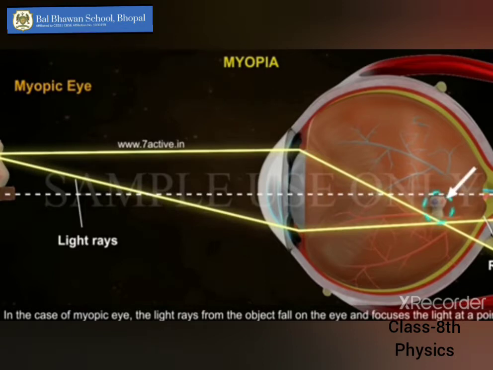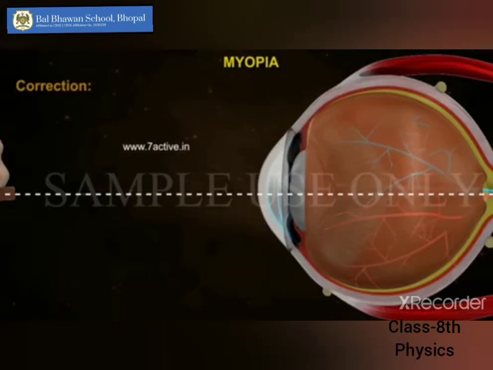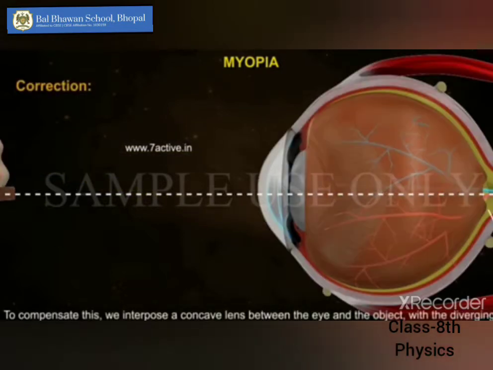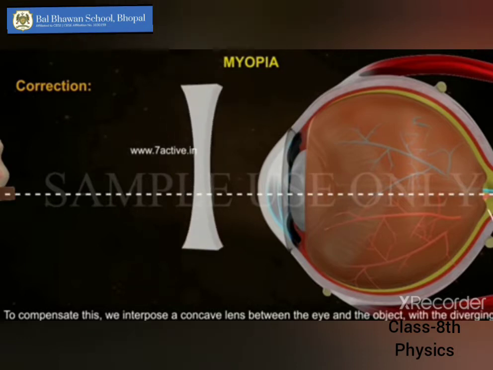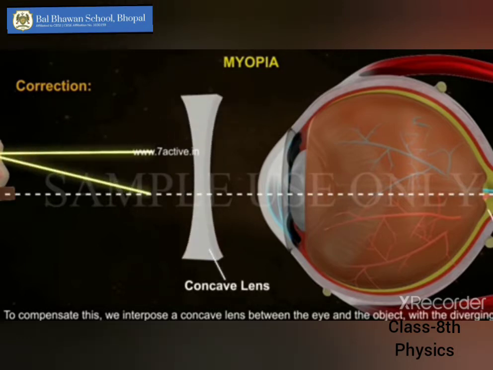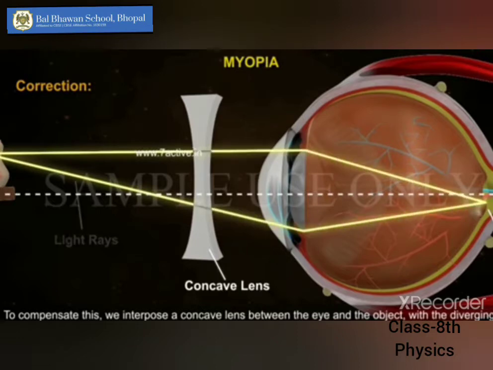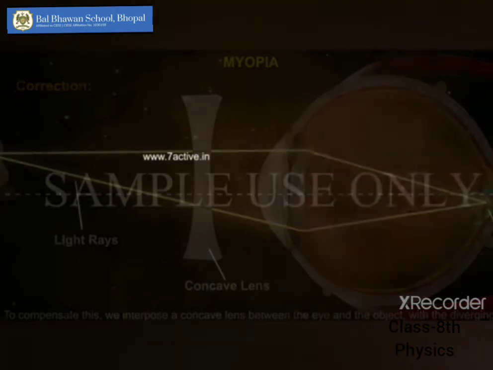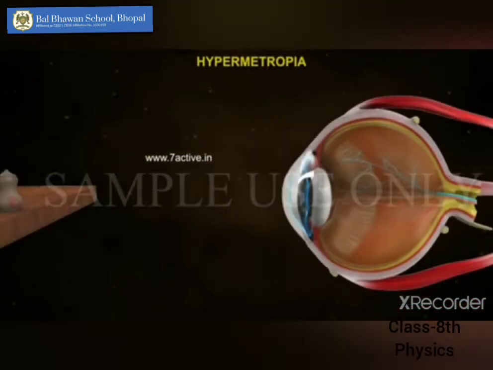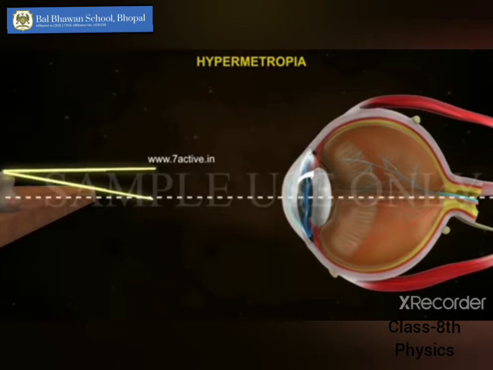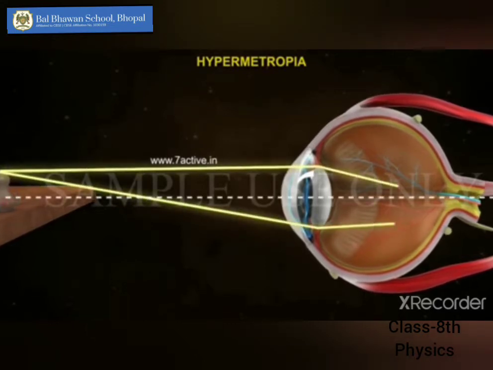These are the cases where the myopic eye is there and the person gets to see the image of far off objects very blurred. Now if you place a concave lens of appropriate focal length for correction, what will happen? The rays will be made to converge at a point which is on the retina. So the image can be clearly obtained, and then the electrical pulses can be sent to the brain and we are able to interpret the proper image.